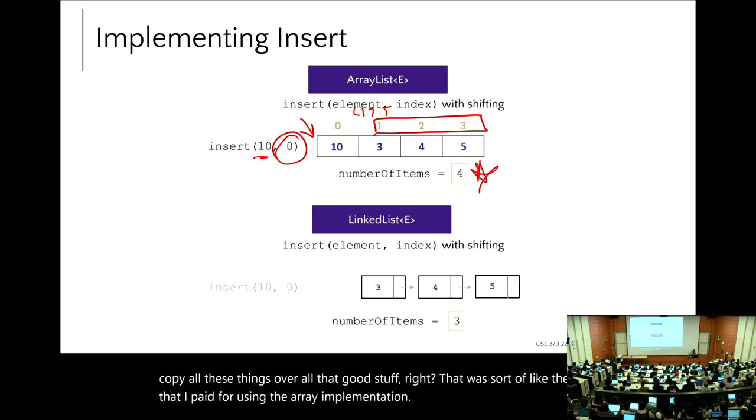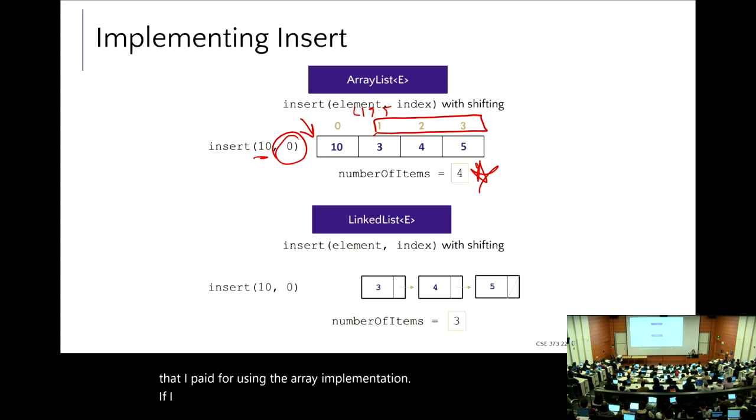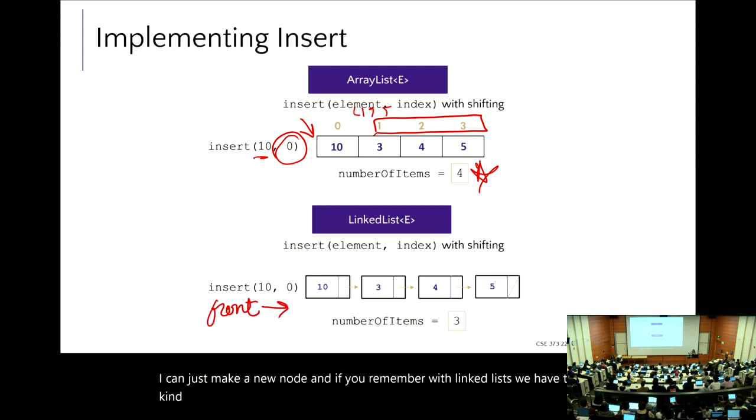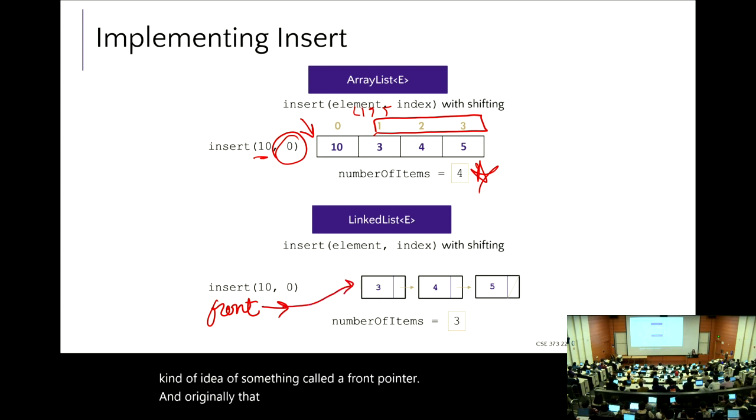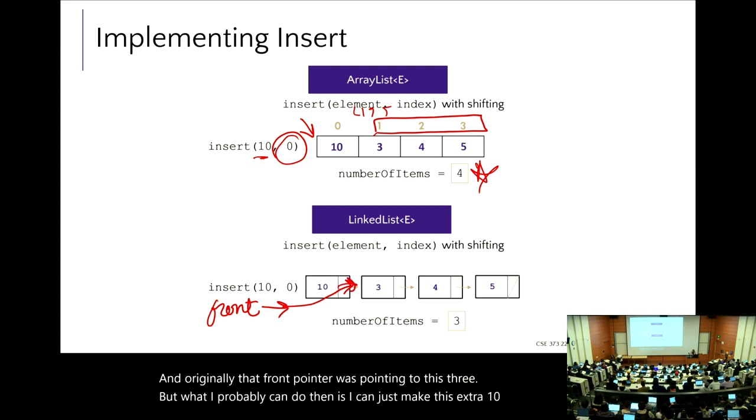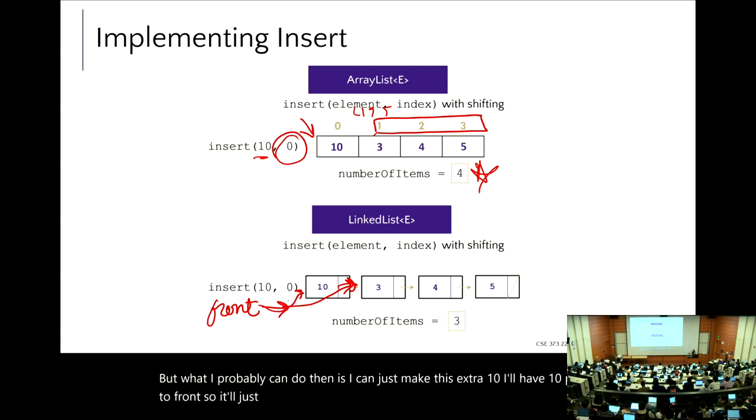Versus, if I want to insert something in a linked list, I can just make a new node. And if you remember with linked lists, we have this idea of something called a front pointer. Originally, that front pointer was pointing to this 3. But what I can do is make this extra 10. I'll have 10 point to front, so it'll just borrow that reference, and then I'll make front point to 10